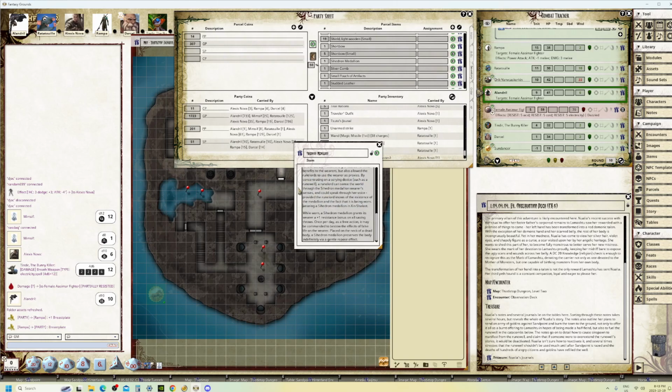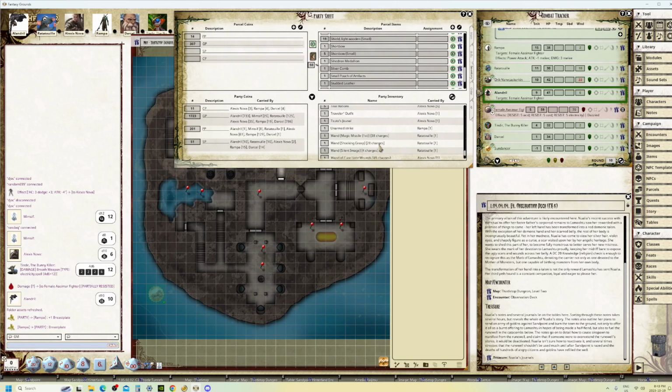I did take the +1 breastplate unless anybody else. I put my own back in there. Yep, definitely. Somebody can use yours, unless it's got rampant stank on it. Should be okay. I don't know. It smells nice. It smells like Old Spice. Well, maybe not Old Spice, but